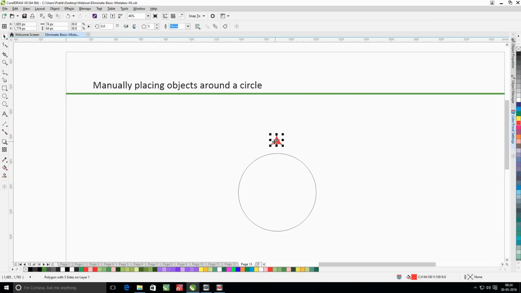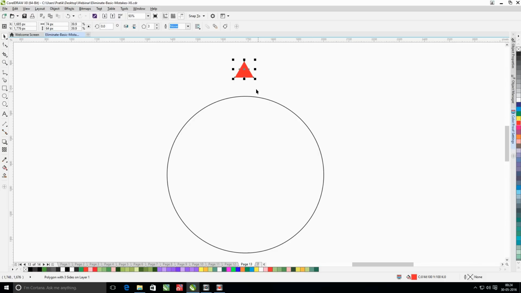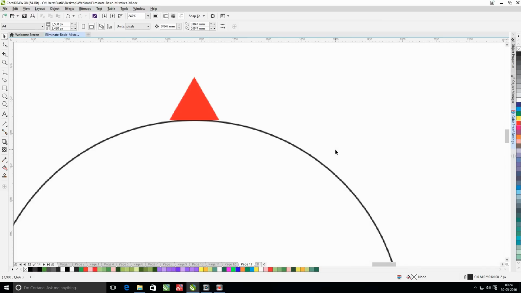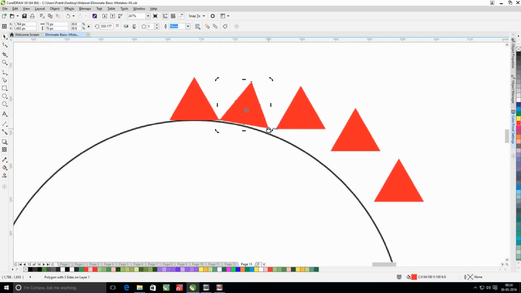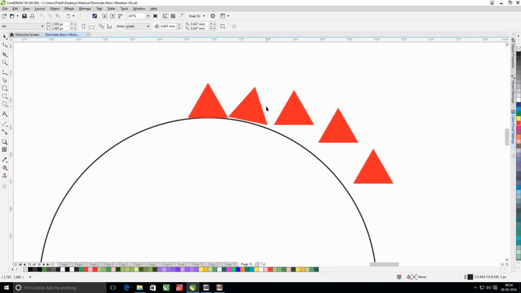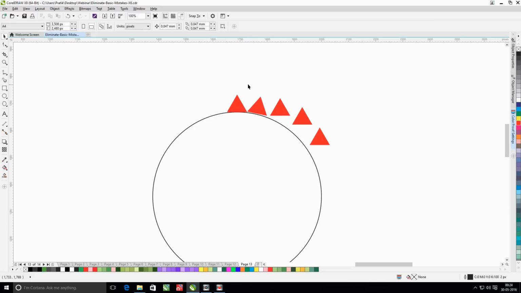Now in this case, for example, if you want to place this triangle rotating across this circle, what I have seen users doing is they will make copies of the triangle and then try to manually rotate and set it on the edge of the circle. I have literally seen users doing this and wasting a lot of time while doing this, and also there is no accuracy involved in this method.